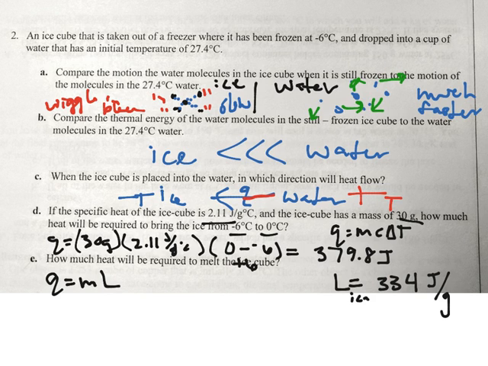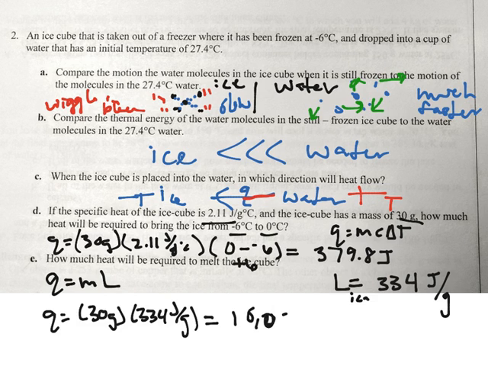That's a standard number. If you have internet, you can always just look that number up. So it'd be Q is equal to the mass, 30 grams, times latent heat, 334 joules per gram, multiply, will give you 10,020 joules. So to essentially melt all of our ice, we'll need